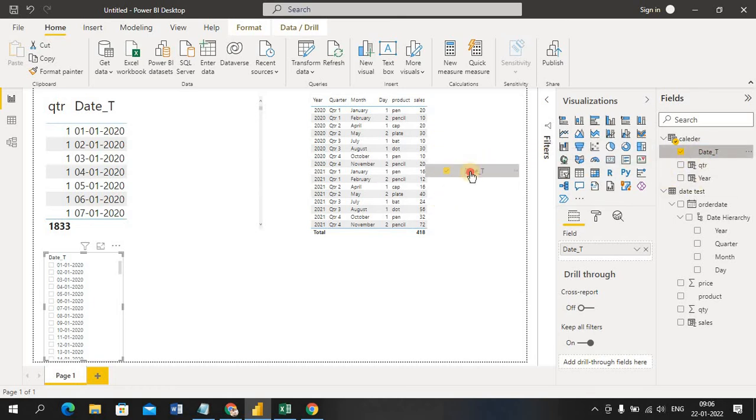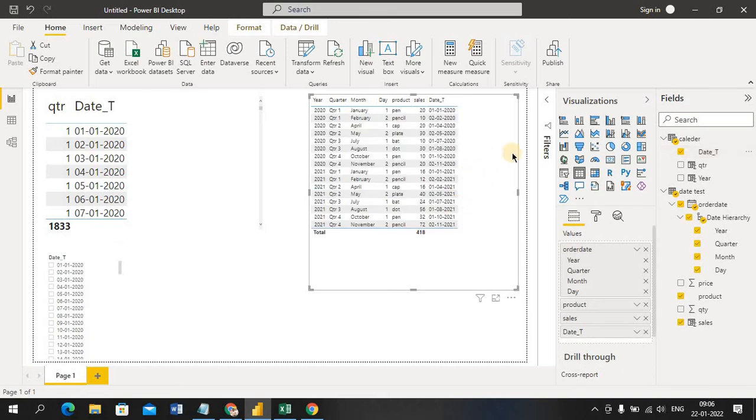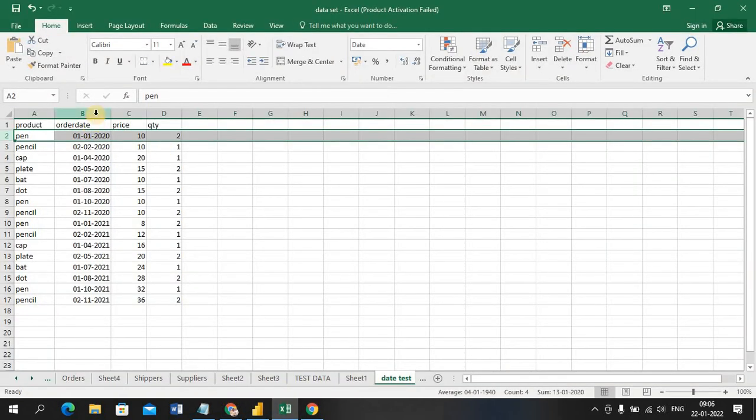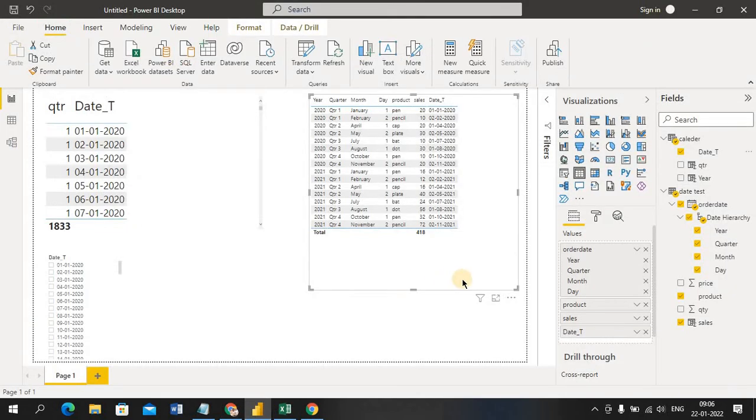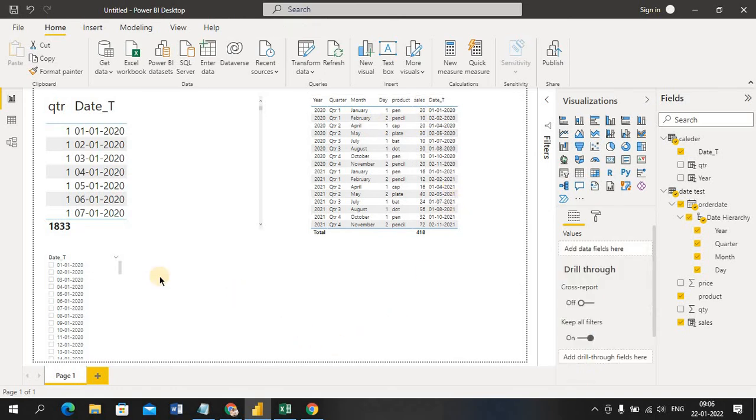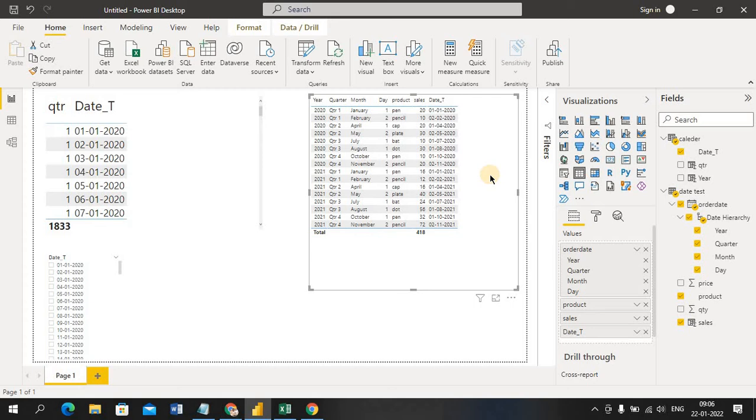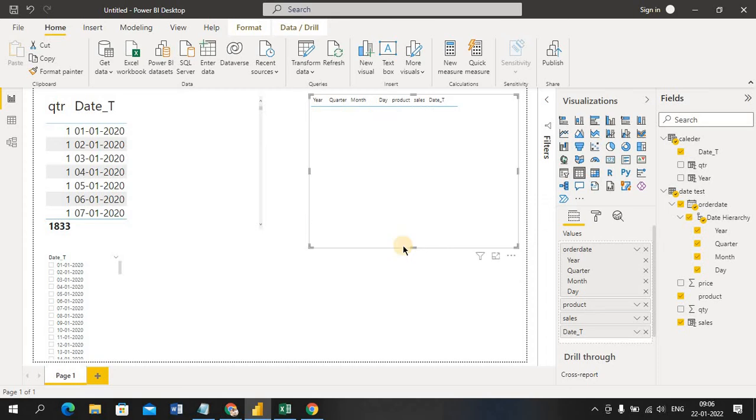So just, you can see, 01-01-2020. The dates which are available in the backend, only those dates are presented, but it's not presenting the dates which are missing. So based on my filter I can find out on which date these orders happen and on which date not. To do that we have to do it scenario wise.